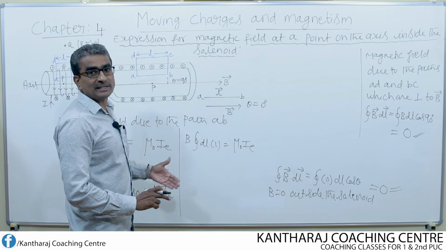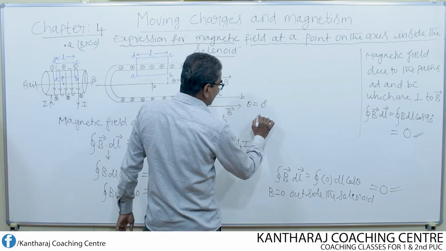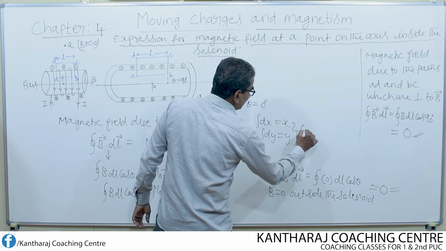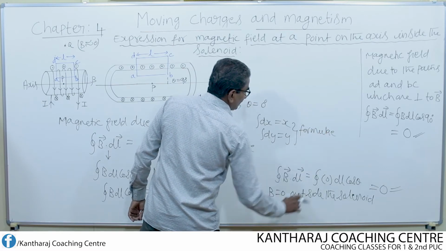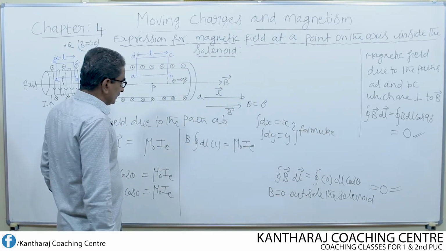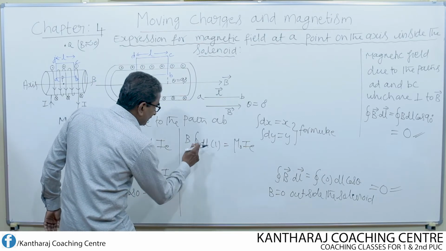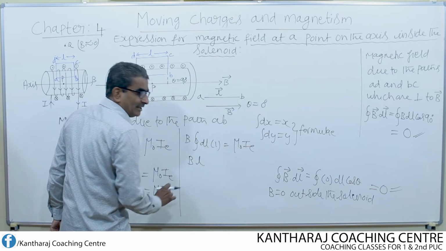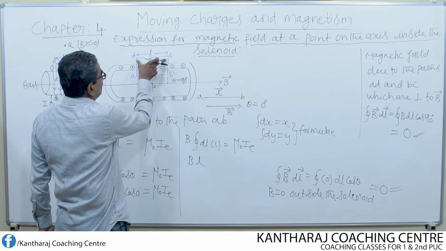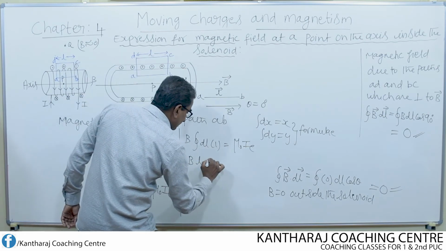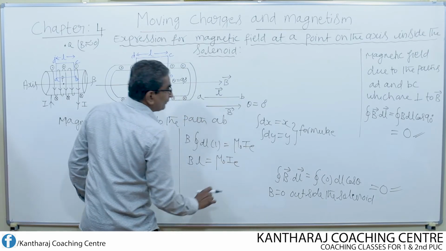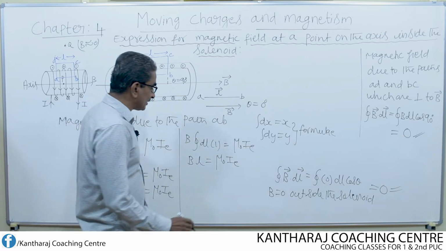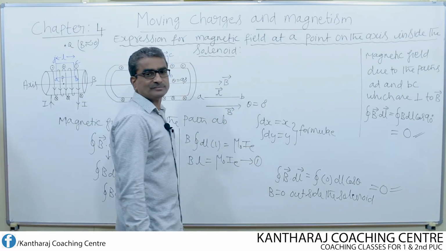The integral of dl is nothing but L, because one basic formula in integration is that the integral of dx means x, and the integral of dy means y. These are all formulae you might have studied in integration. So this can be written as B times the integral of dl over the closed path, which means it is only L, which is nothing but the path length AB equal to DC equal to L. This is equal to mu naught IE. Now what I do is find the value of IE, and if I substitute, then I get the equation. Let us call this equation 1.